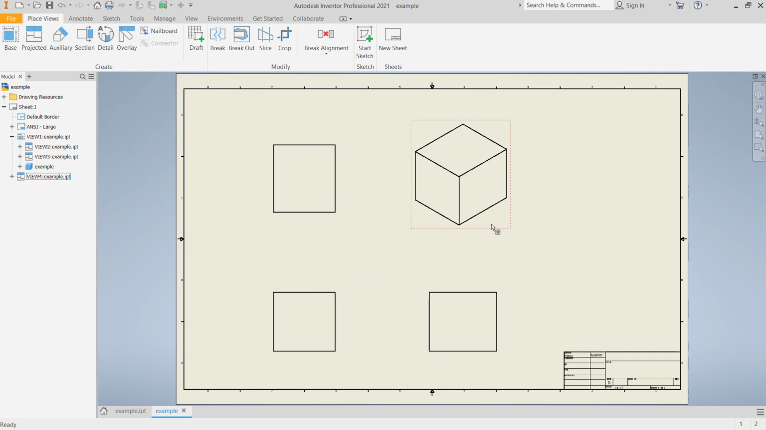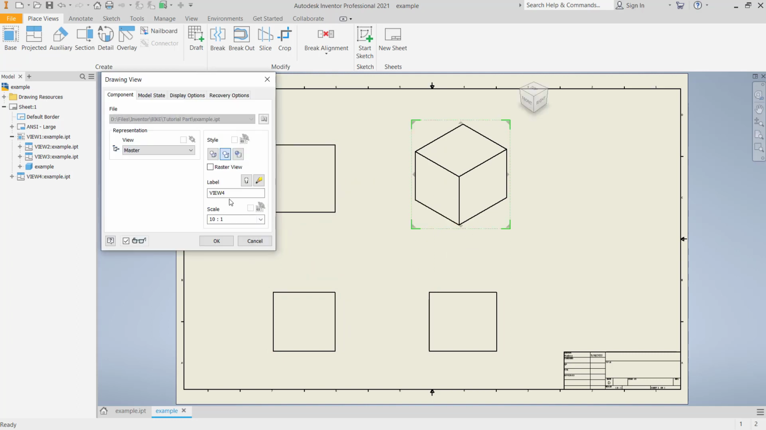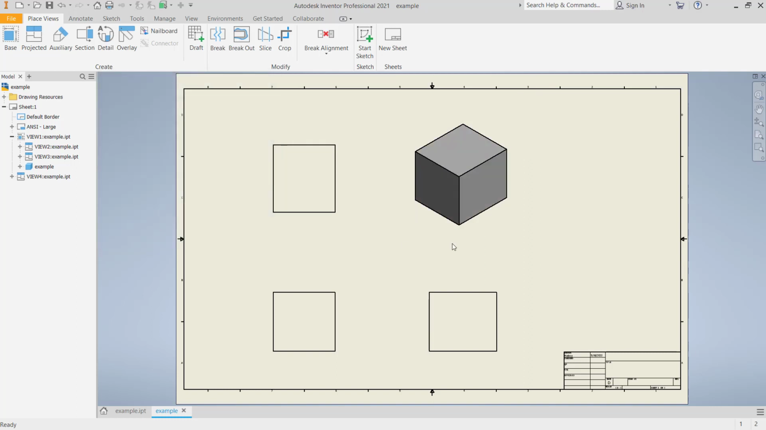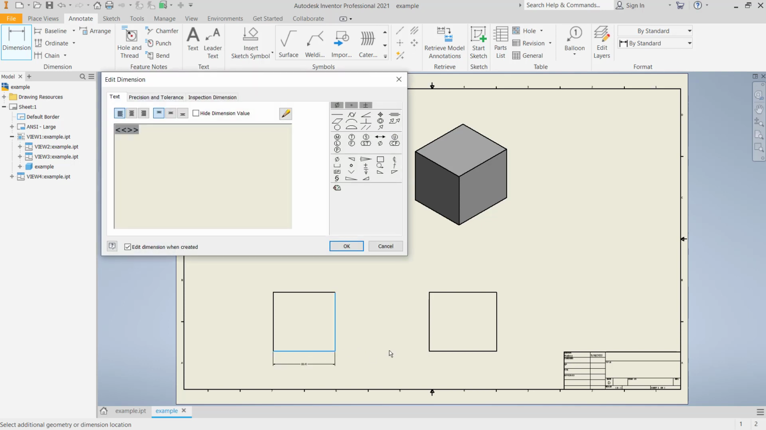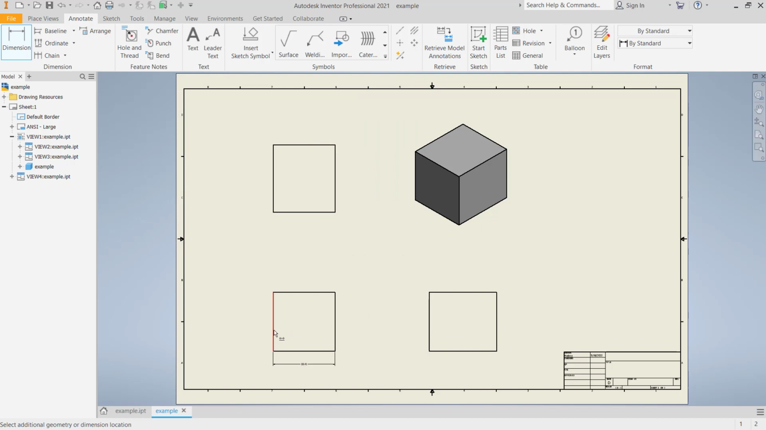To change the visual style of these objects, you can double click and click here to set it, click OK. To set a dimension, go to another tab, click dimension, and you can click, like, start from this point to here. To create a dimension, click OK, create again here,